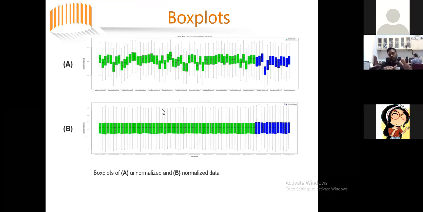A represents the box plot of unnormalized data, whereas B represents the normalized data. As you can see, there is high variability in the plot, as all the data is not put on an equal scale, and the median centering line is set as 0, after which we can say the data is properly normalized.